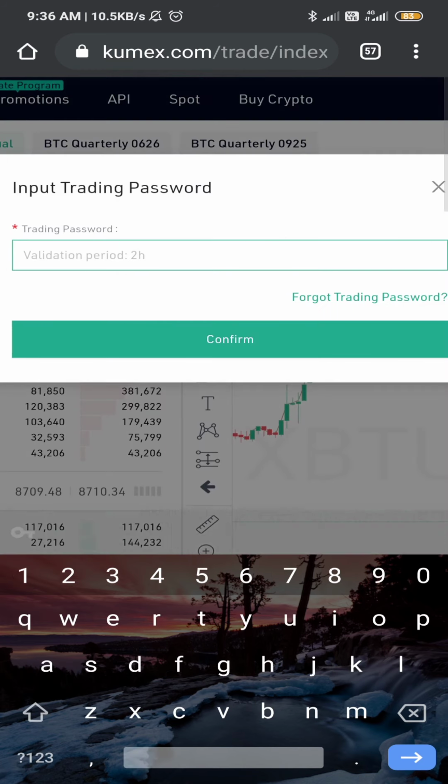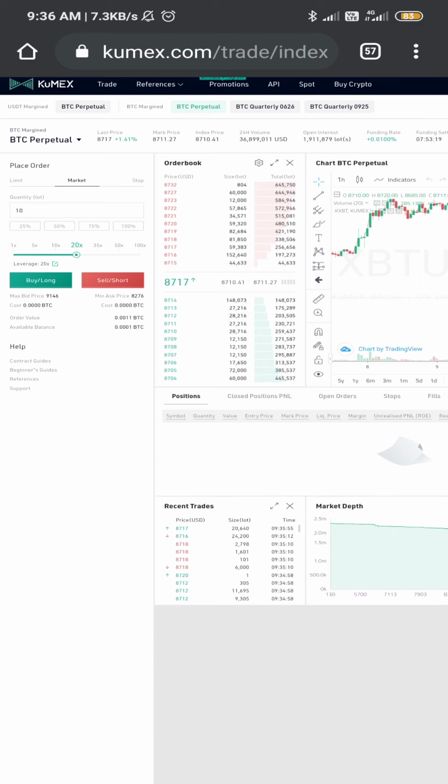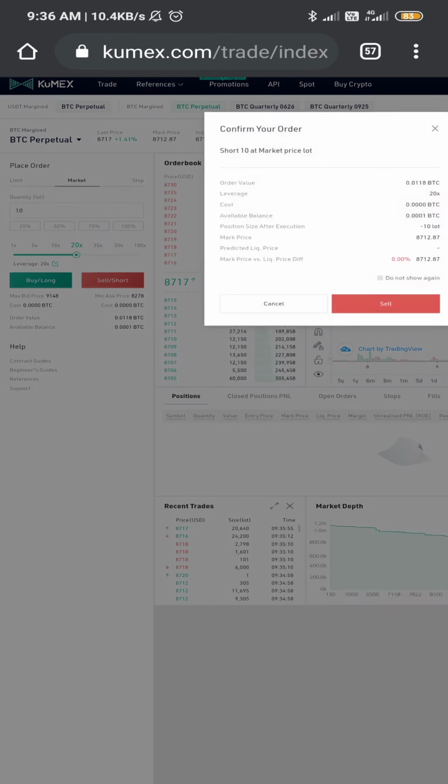Confirm. Then there are two options, buy long and sell short. Then I will go to sell short. Sell.